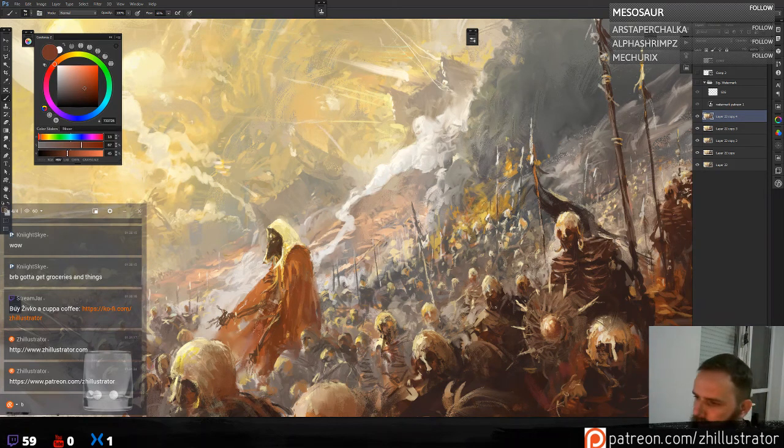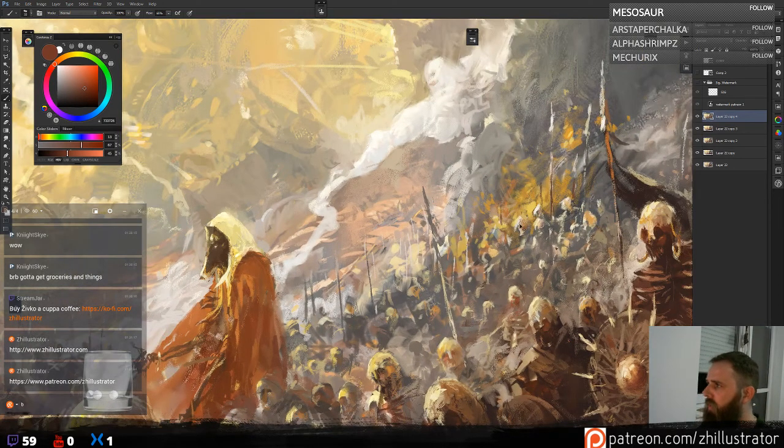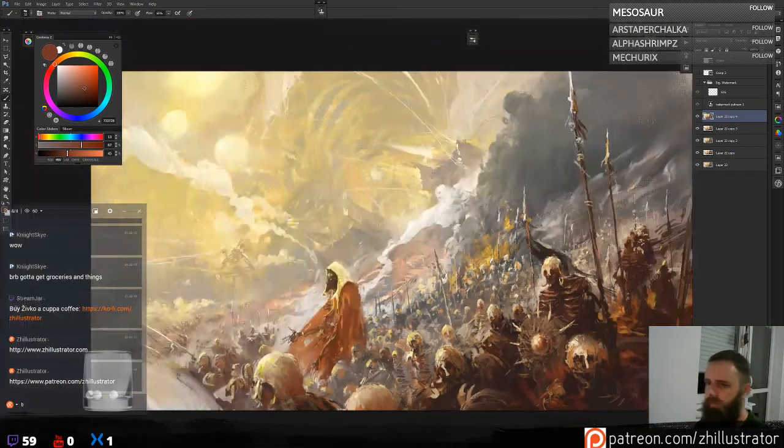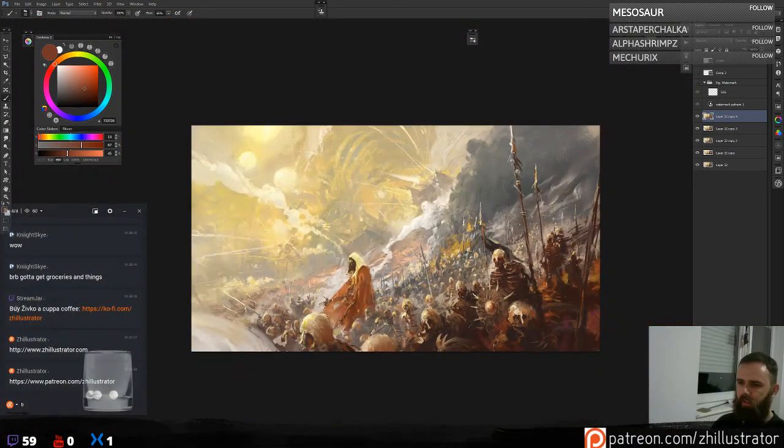So you see now how it looks better. Because the contrast is one of the main things to think about. If the contrast is not good, then there are very few ways to fix that.